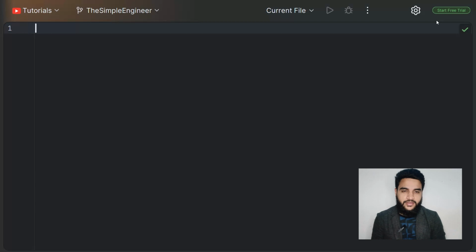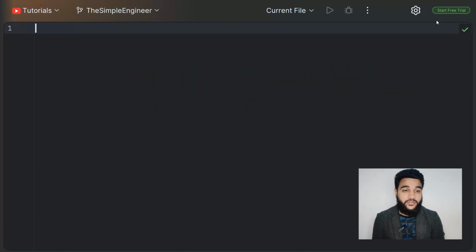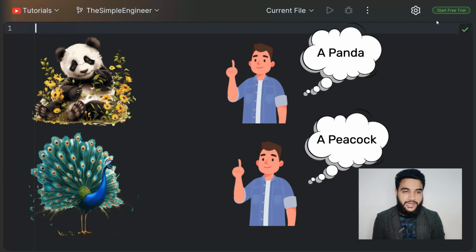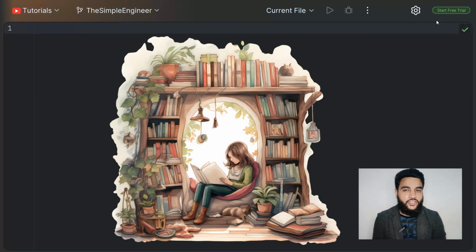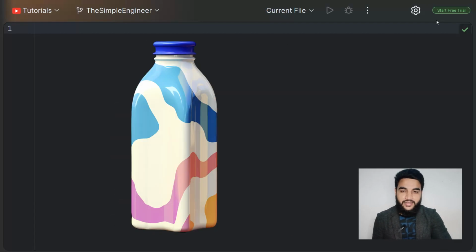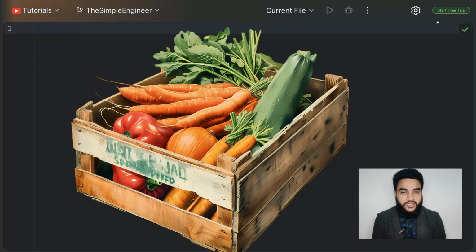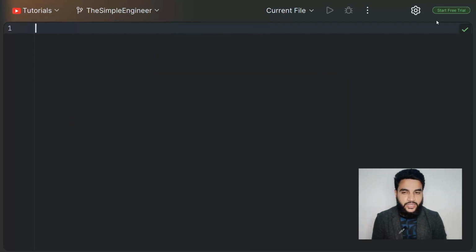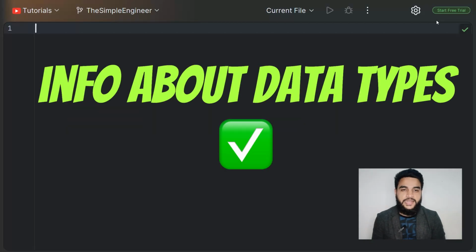Before we get there, let us understand what data is. Well, data is just a piece of information about something which will be understood by somebody. Everything you and I speak is data. Everything you and I read every day is data. The color of a bottle is data. Time in your watch is data. The name of the vegetable that you buy is data. And by the way, the video that you're watching right now is just data, which by definition has information